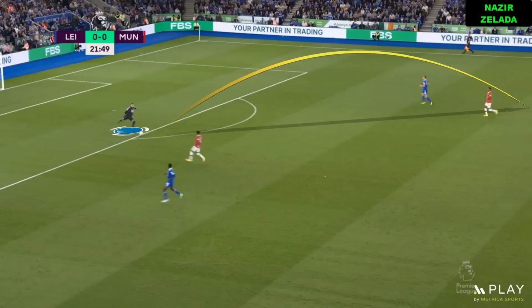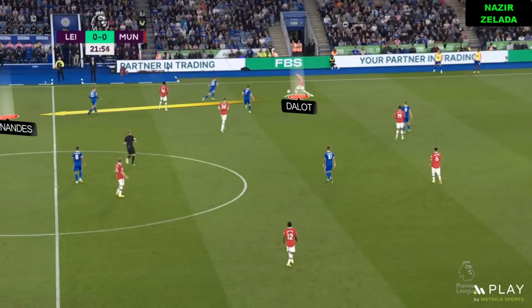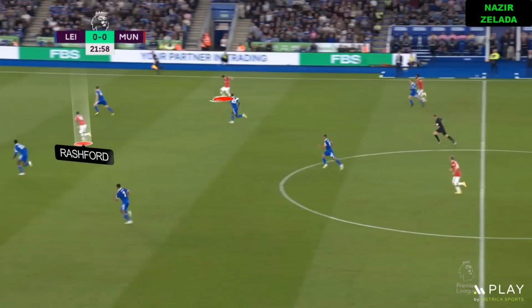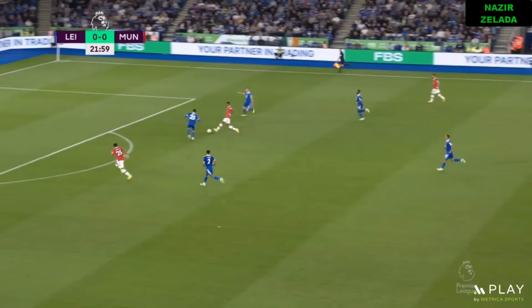This was seen on Sancho's goal, where all started with a long ball from Leicester's goalkeeper. Dalot recovered the ball in Zone C, and as all the game, Bruno Fernandes was creating passing lines to progress to Leicester's half. When he received the ball, Rashford ran to the space to have the same number of players